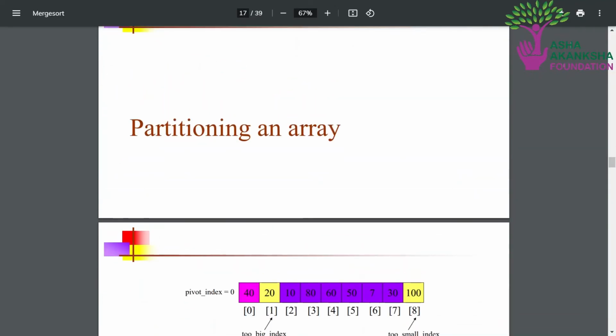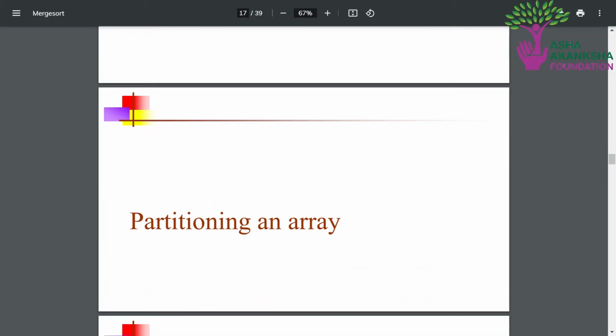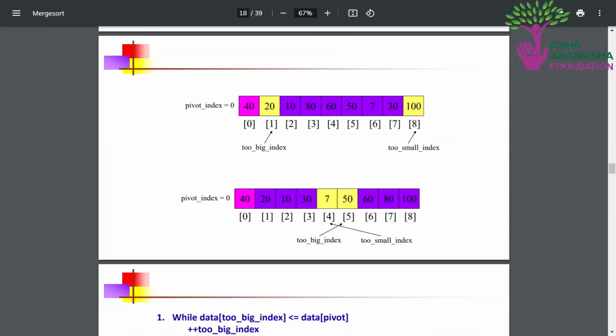So a major concept in Quicksort is partitioning an array. What do we mean by partitioning an array? That means we have to place the pivot in its correct position of the sorted array. So let's say we have chosen a pivot index of 0, so 40 is our pivot, and we have to place 40 in its place in the sorted array. Alright, so